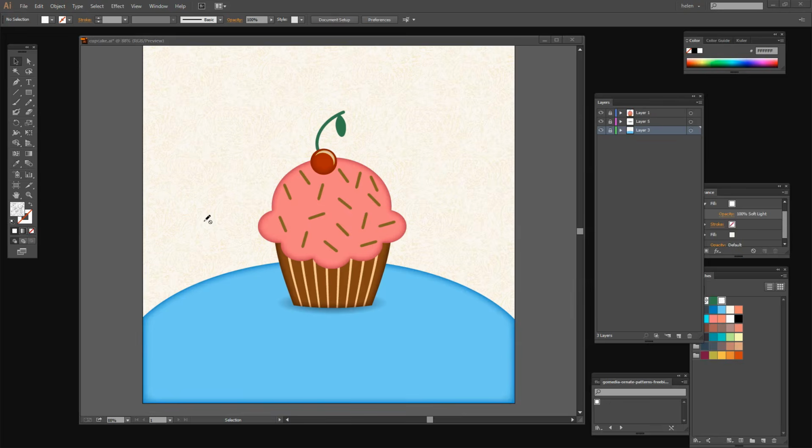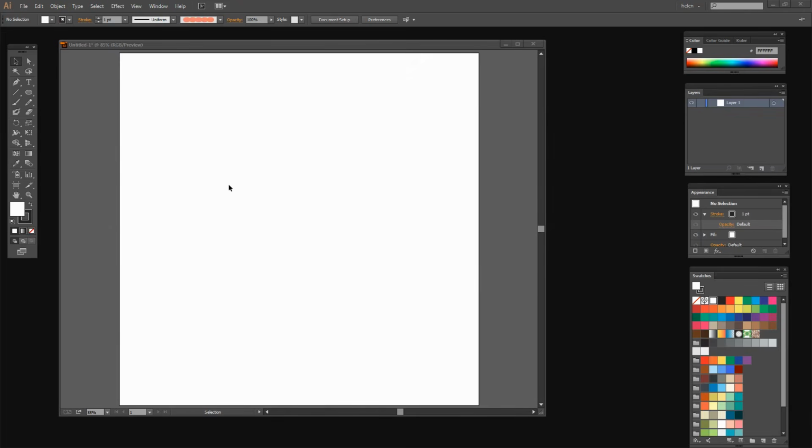So let's get started. To get started with our cupcake, we're going to first create a rectangle, and it's going to be a filled rectangle with no stroke. We're going to fill it with the sort of chocolate brown color that we're going to use for the base of the cupcake. I'm going to select it using the selection tool and then Alt or Option drag a duplicate of this shape away. I'm going to line these two shapes up and make the second one a lot narrower